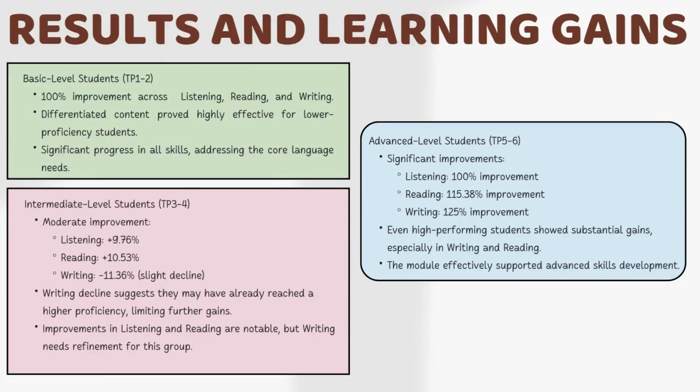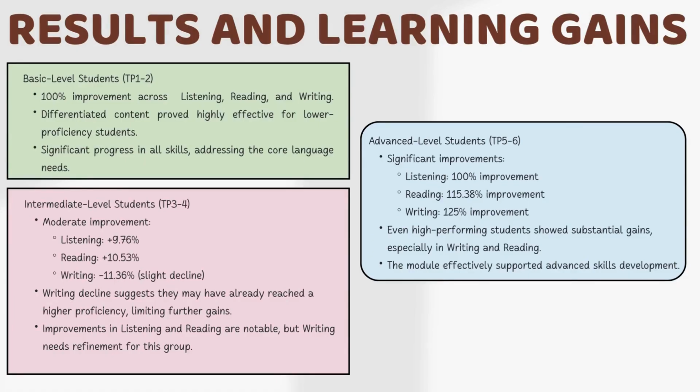So the results we analyzed by level of students: basic, intermediate, and advanced. For the basic level students, TP1 to TP2, it shows 100% improvement across listening, reading, and writing. So this shows that differentiated content is highly effective for lower proficiency students, as it significantly improved their progress in all the skills. As for the intermediate level students, TP3 to 4, the analysis demonstrates that they have moderate improvement,